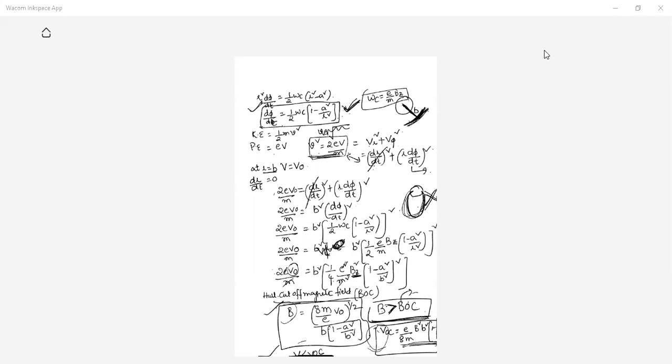One is Hull cutoff magnetic field, another one is Hull cutoff voltage. These are the two important things. So we have almost come to an end. What does Hull cutoff voltage mean? Below that voltage, the electron never goes to the anode. Again, the electron comes back to the cathode itself and the current becomes zero. That voltage is called Hull cutoff voltage. So we should apply a voltage greater than Hull cutoff voltage. Okay, so these are the two important points.